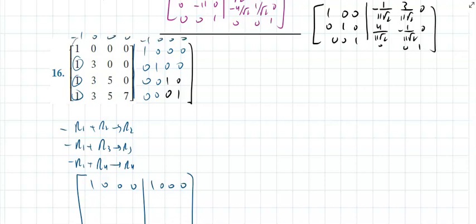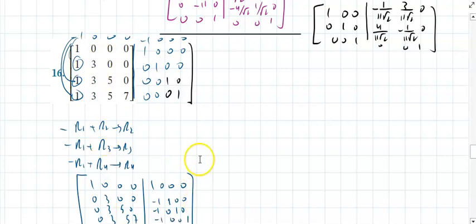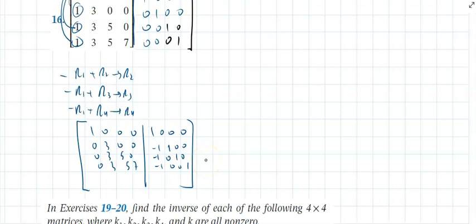it's the same one. Add it to the second row, 0, 3, 0, 0, negative 1, 1, 0, 0. If you add it to this row, that's 0, 3, 5, 0, negative 1, 0, 1, 0. And if you add it to the last, that will be 0, 3, 5, 7, negative 1, 0, 0, 1. Now, second step,